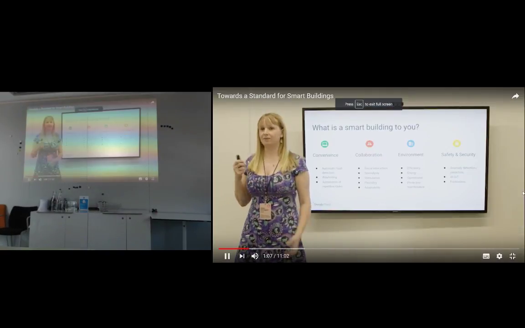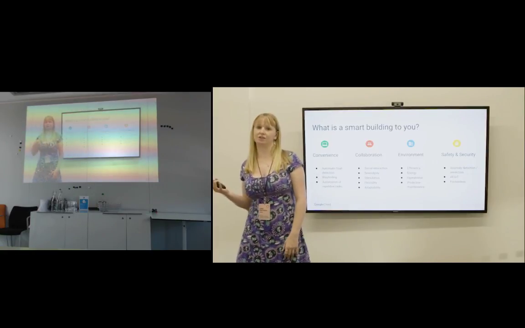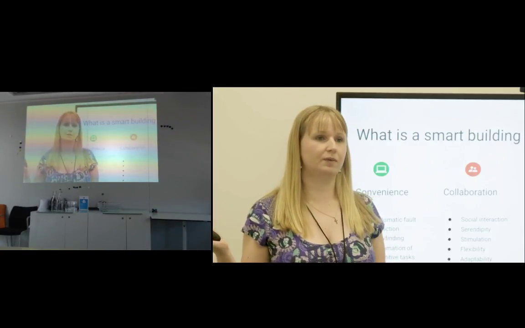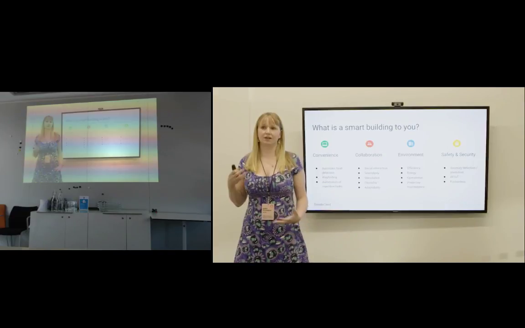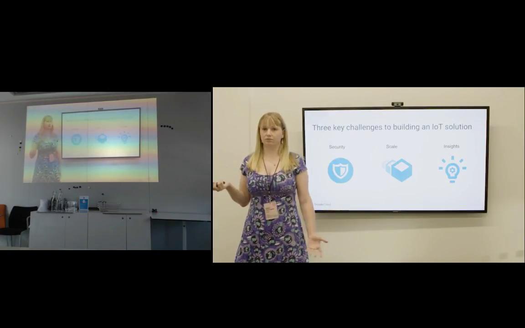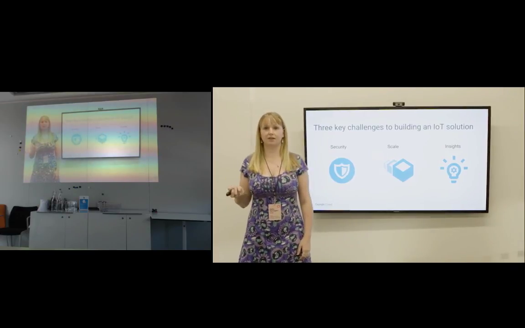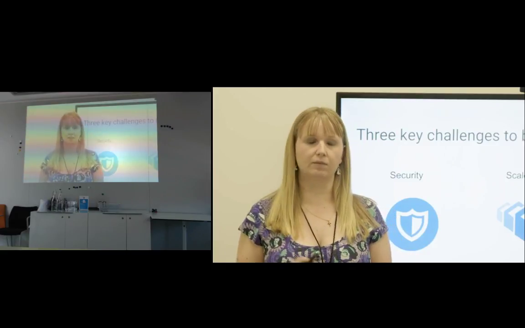Some people are going to be very focused on energy, others will be very focused on space utilization or productivity or automating repetitive tasks. But a smart building is all of that. It's everything that we want to be able to do in a building, to be able to link it and create the next level of what buildings are to us. And other people you'll ask, what are the problems in a smart building and why has it taken so long to take off? These are the three key ones that I've seen, but there are many others.